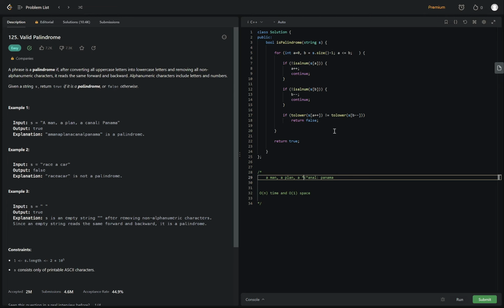Now we're at C and C. It's the same character, so we move that there and that there. And now we have our exit condition. The low pointer is higher than the high pointer, so we hit this case